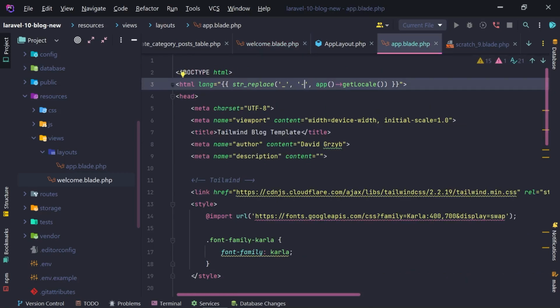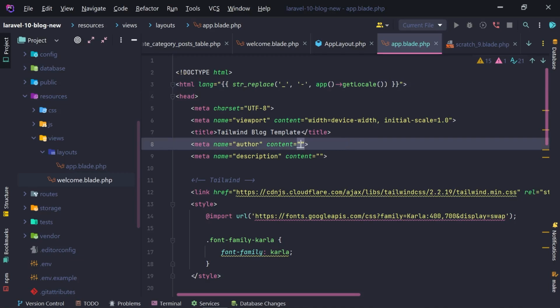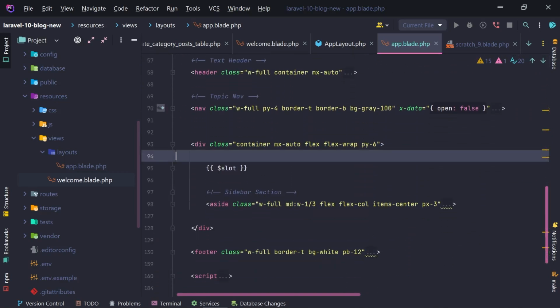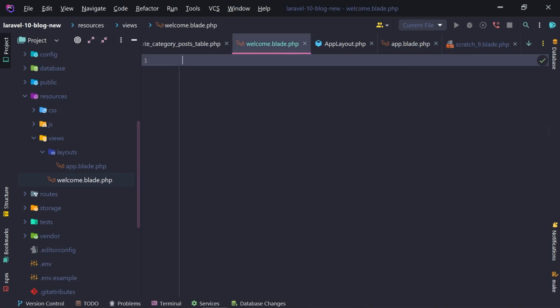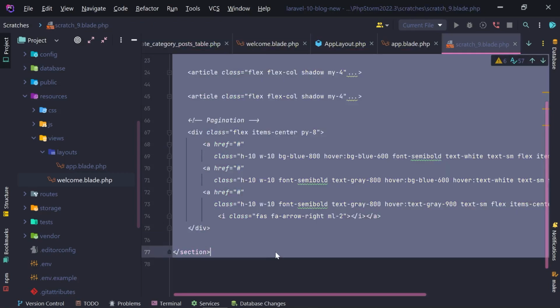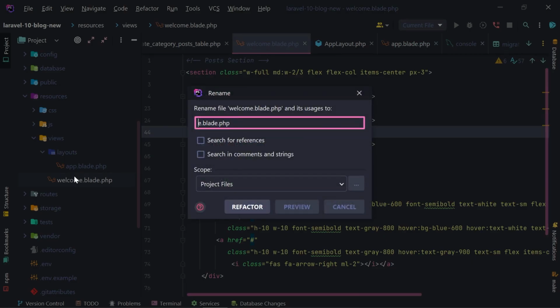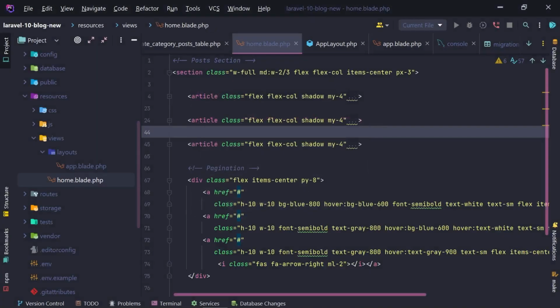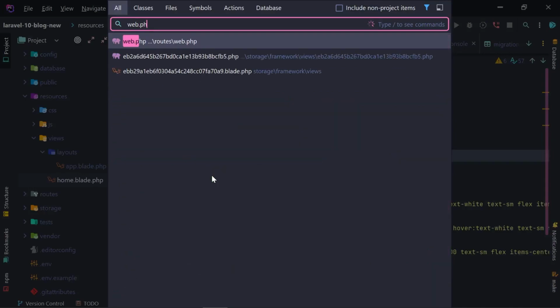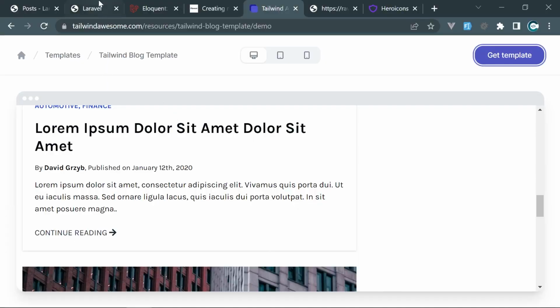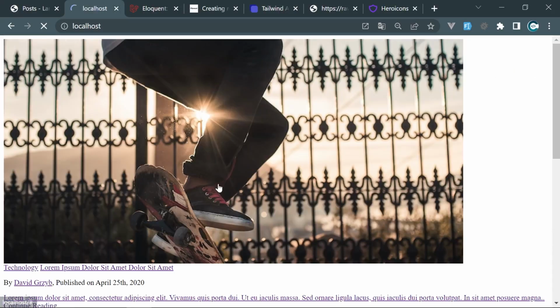Tailwind blog template, the content, the author content, we can remove that. Okay, I think this is good. Now let's edit this welcome, delete everything, take those articles from the Scratch file and put them under welcome. Okay, and I'm gonna close the Scratch file, and finally rename the welcome to be home blade. Now if we open web.php and change this into home, save that, and open our application and just reload,